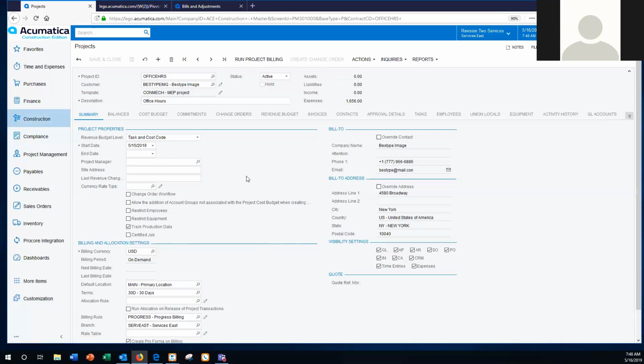Now, our old Spectrum users had the ability to go into their jobs, and at the cost code level, project managers could enter percent complete to forecast their job. They could enter cost to complete, or they could enter cost at completion to forecast the job. Is this a different